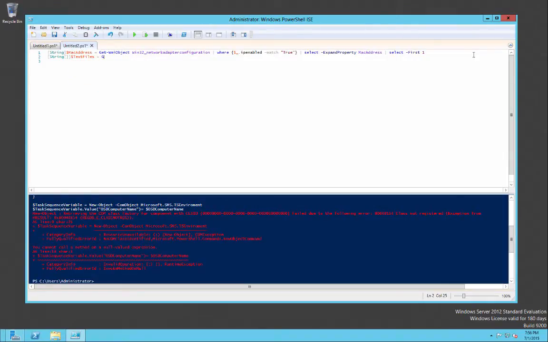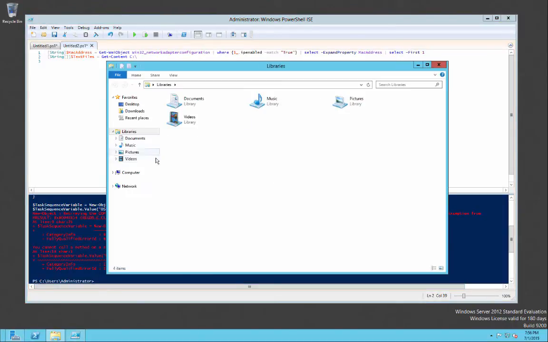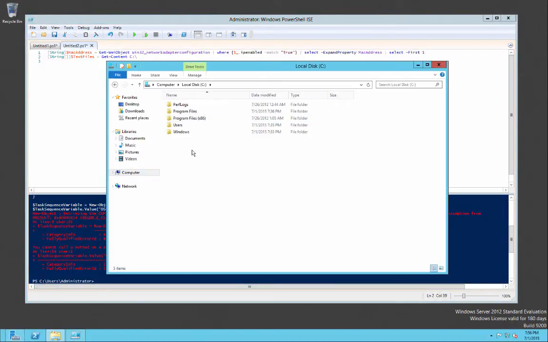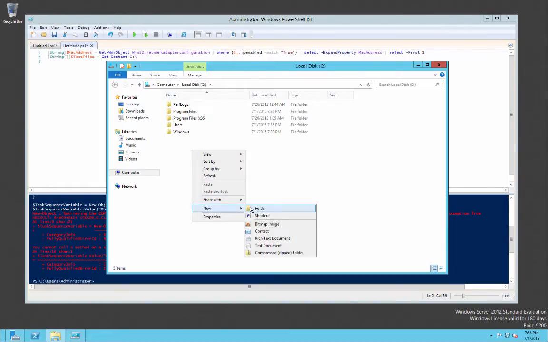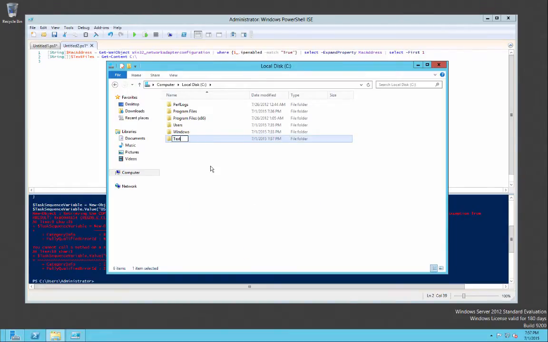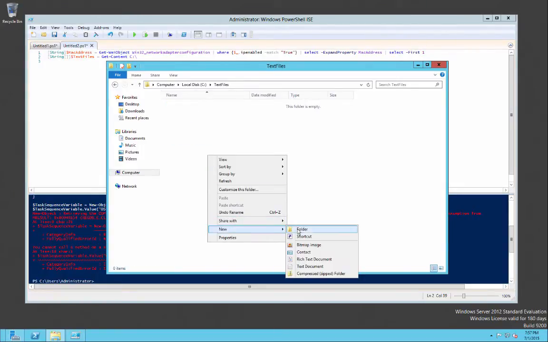And we're going to get content from, basically, wherever the text files live. So let me create something real quick. We're just going to create something here. We'll create a new folder. We'll name this text files. And here we'll create,